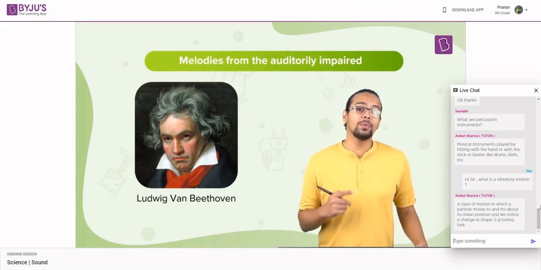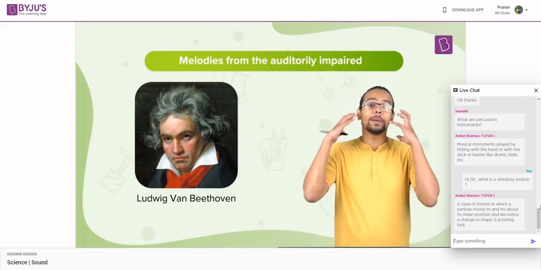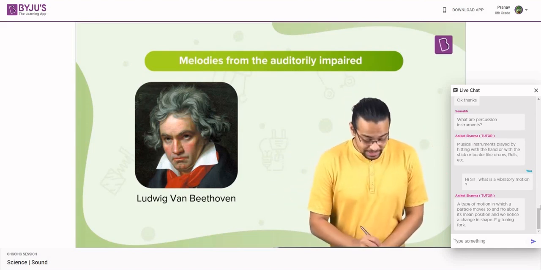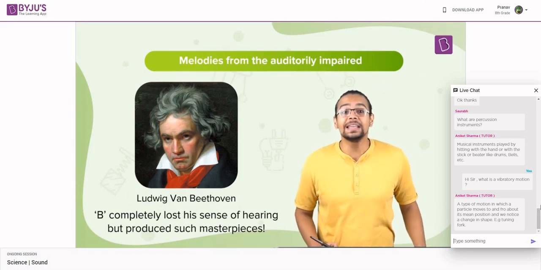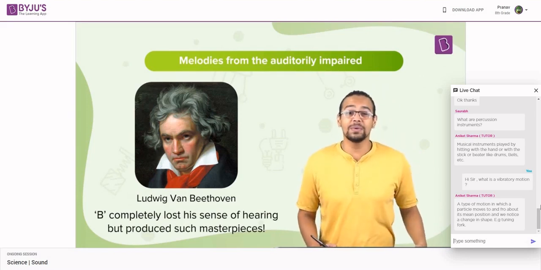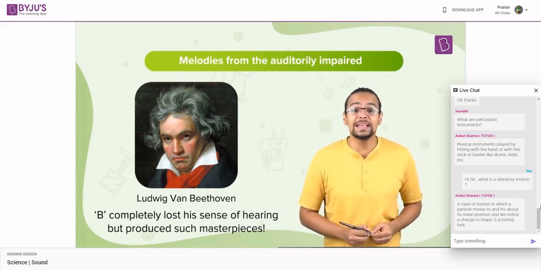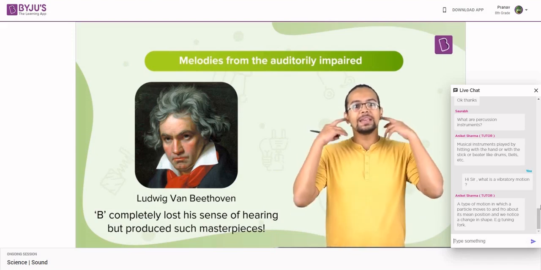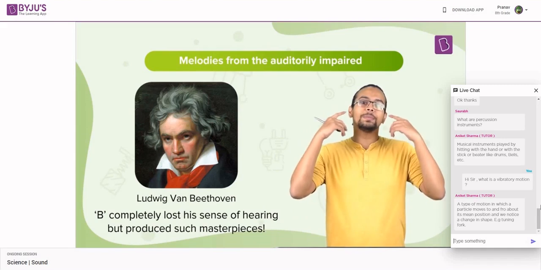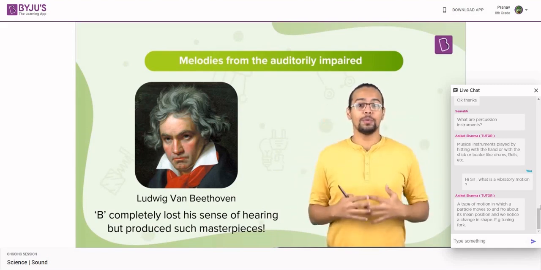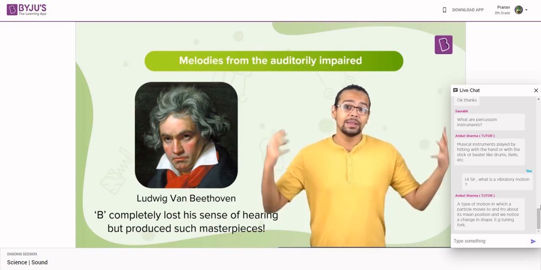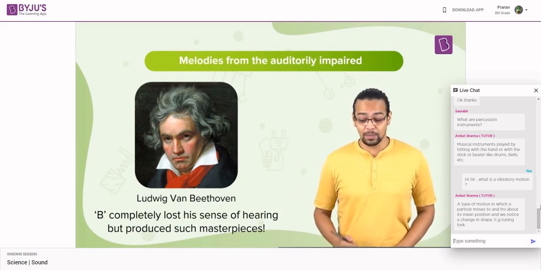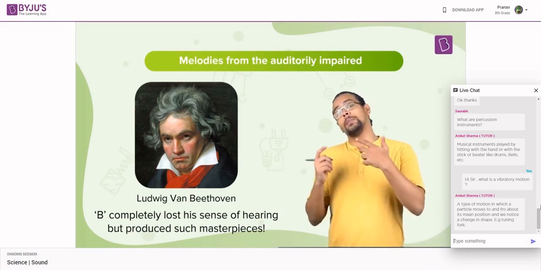Now, the fun part about why I wanted to say this is you need not have the capacity to hear to produce amazing music. This man was actually completely deaf. By the age of 35, 45, he was completely deaf, and yet he was composing amazing music. So we see that sound can be produced, sound can be received and perceived by us, and we don't really need that perception of sound to produce or create music. Turns out that our body experiences these oscillatory motions or sound in more than one way. We can also feel music, and which is how Beethoven was able to create it.